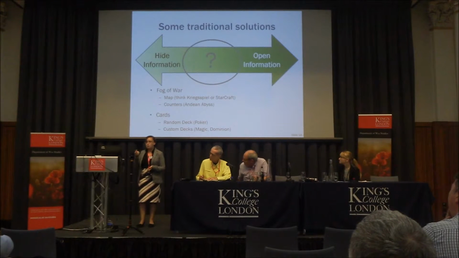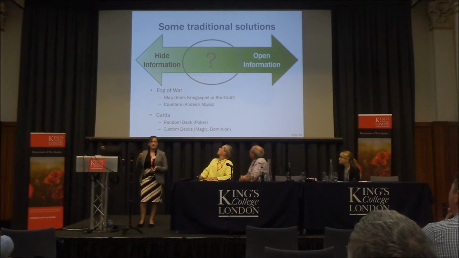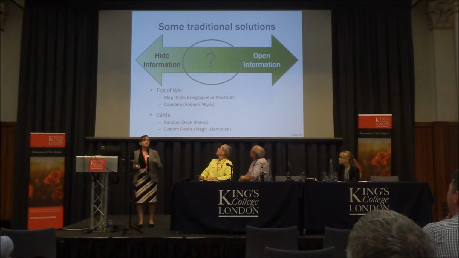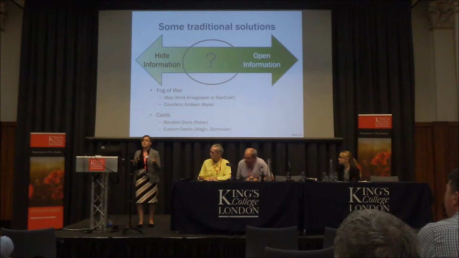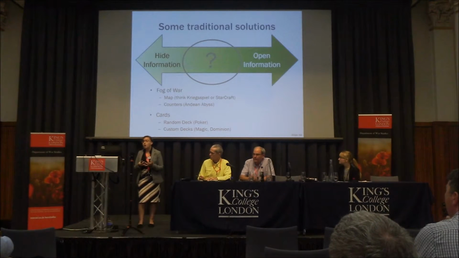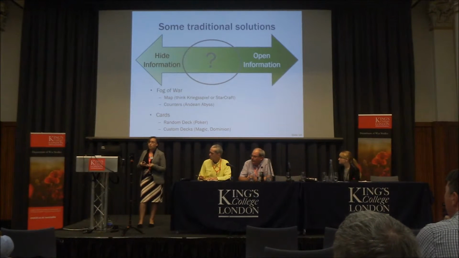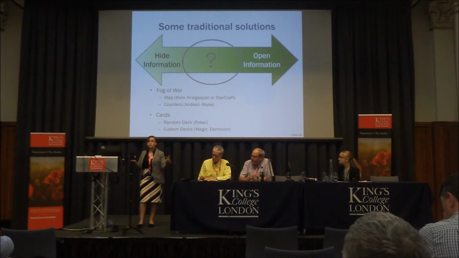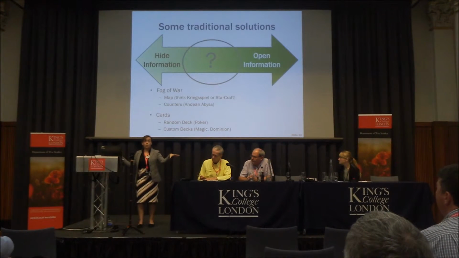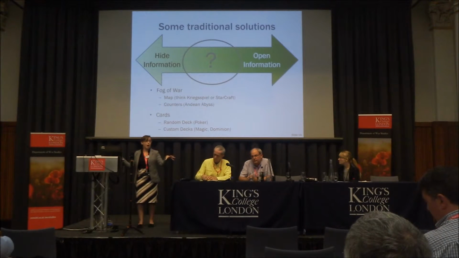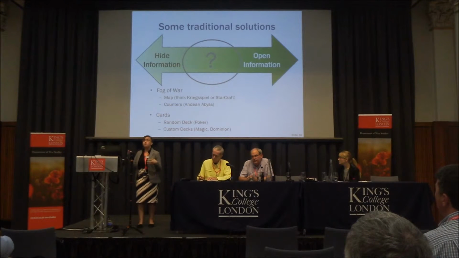And the first, I'm sure many of you were sitting there as I was talking about those two buckets and saying, but wait a second, you talked about fog of war, you've talked about card games, aren't those ways of dealing with hidden information? And they are. So we can think about fog of war both in terms of a limited view of the map. So here we can think about something like Kriegspiel, where you have board games that are in separate rooms, you can't visually see, you have two different operational pictures. We could also think about something like StarCraft, where the computer handles all of that very seamlessly.